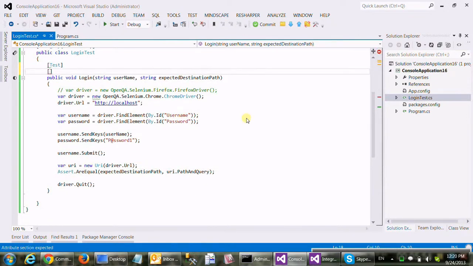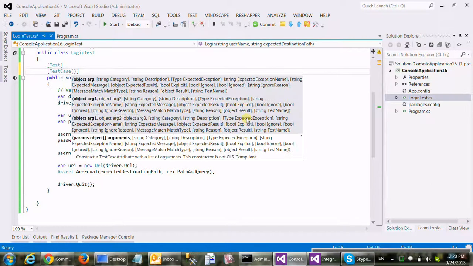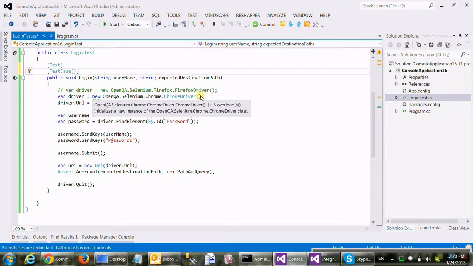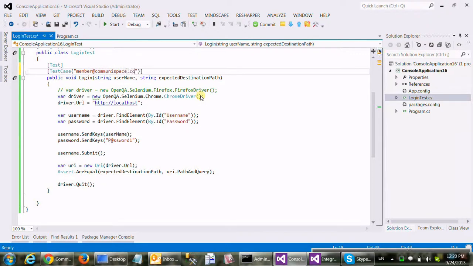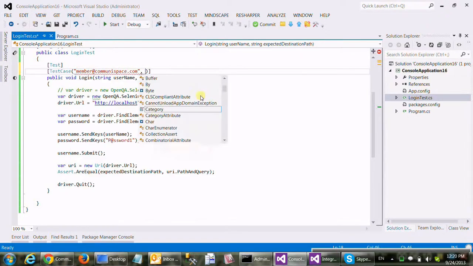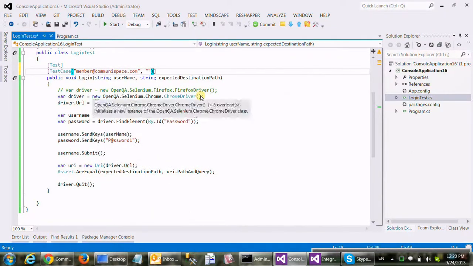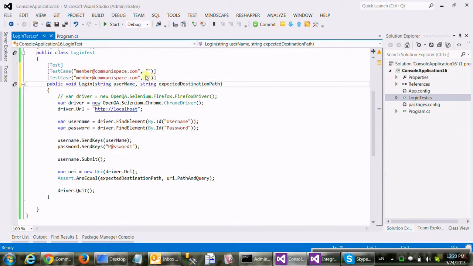We can tell NUnit to run a couple of test cases for us, and it just follows the order of parameters. In this case, we're going to do member at menuspace.com, expected, do that later, and then the other one is